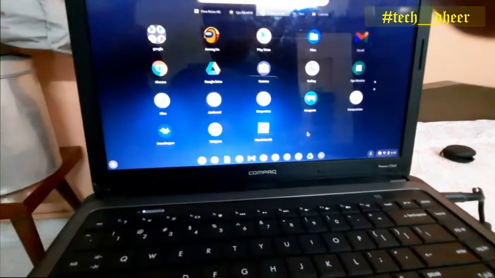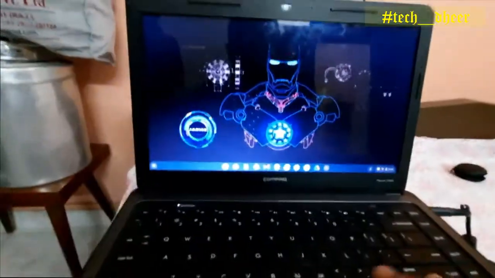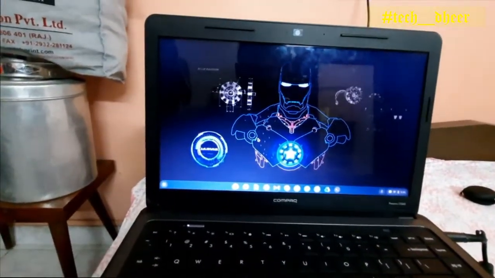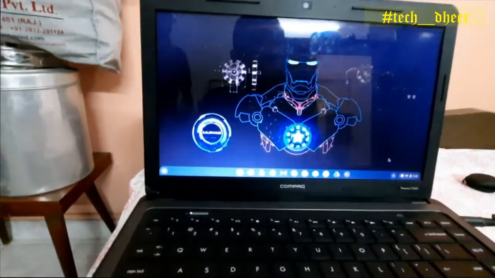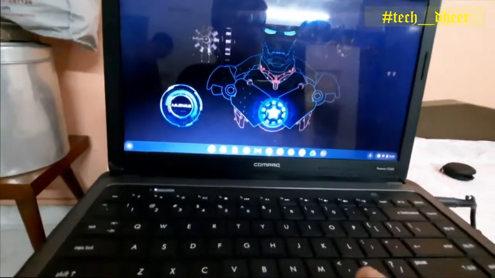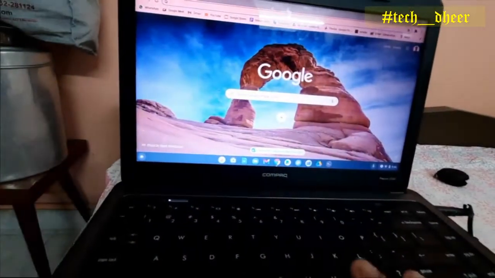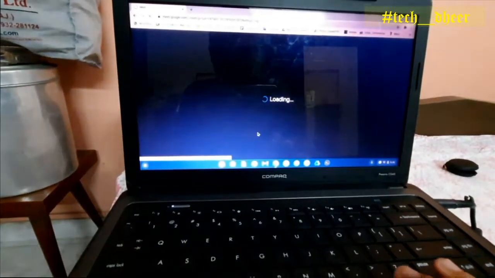And then the specs of this PC: audio is not that good, but it is acceptable, and all those things are really good. I tried joining classes in Google Meet, and it worked very well. I can even keep a virtual background. I'll show you a small example. I'll just start an instant meeting in Google Meet, and you can see I can keep all the virtual backgrounds in this. Now I'll show you a virtual background.